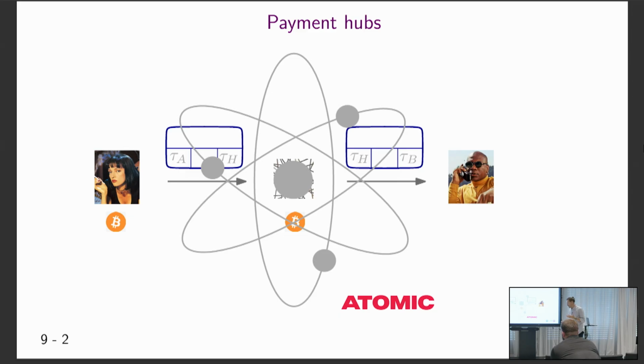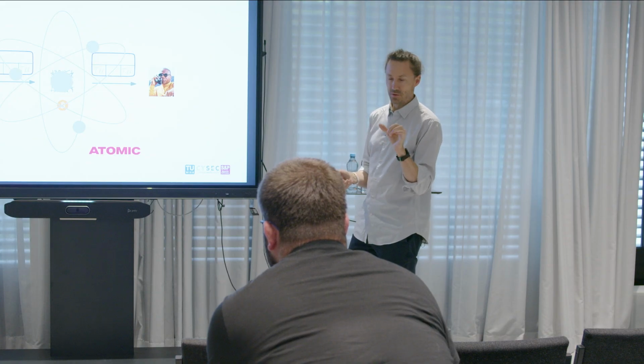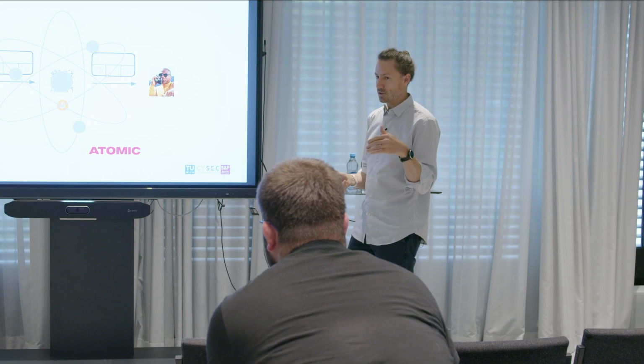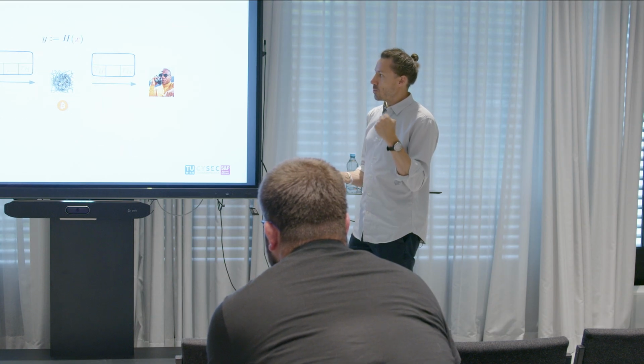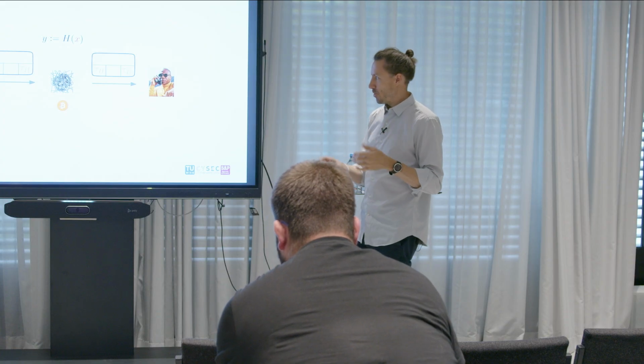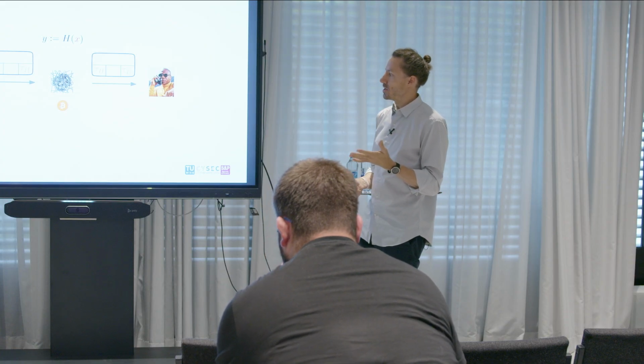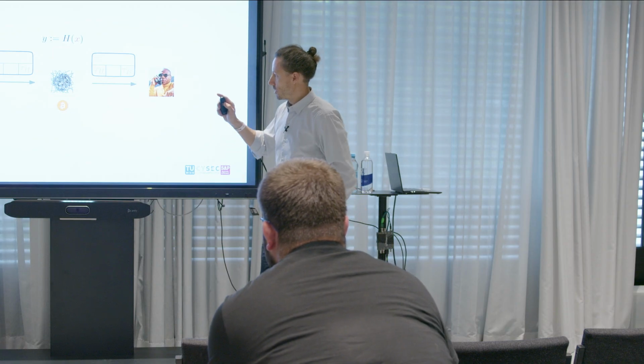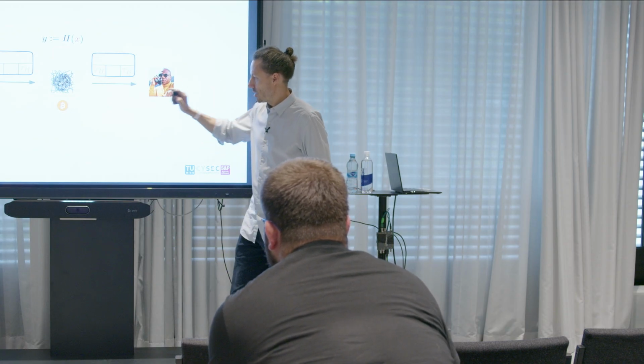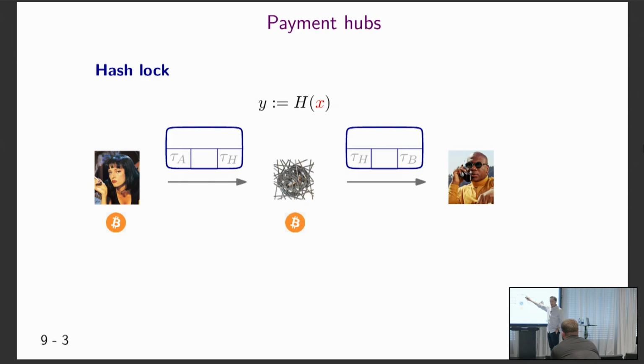And to realize this seems hard because you can't just encode arbitrary conditions in Bitcoin because of its reduced set of instructions. But there's one instruction that it supports, which is, I think, just an artifact of how Bitcoin addresses work. What you can do is encode the following statement into the transaction. The hub chooses some random value x, hashes it to get y, and encodes y in this transaction so that this transaction only becomes valid if you put this secret value x in there, right?